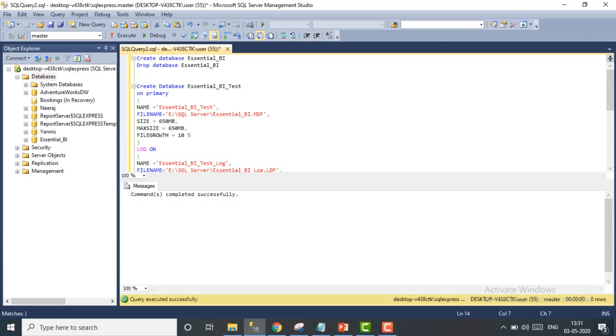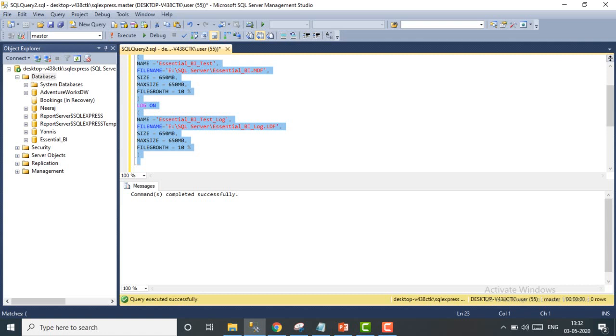If you can see, I have given the file path where my MDF and LDF files will exist. I have taken a folder name, and that is the extension of the MDF file and LDF file. We will discuss MDF and LDF in another session. As of now, I have just written this query.